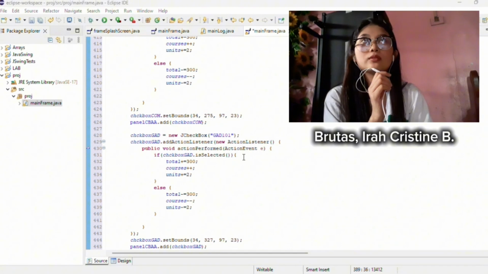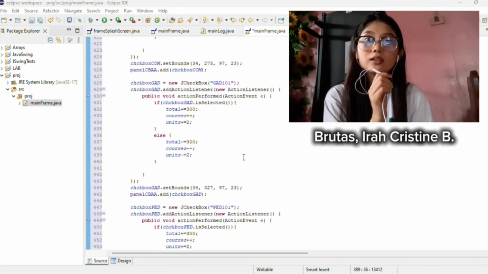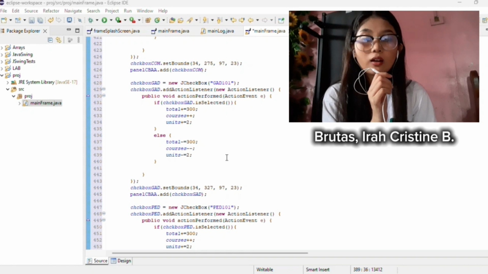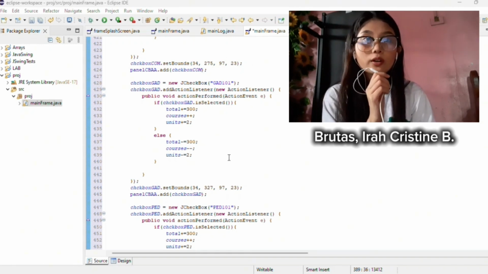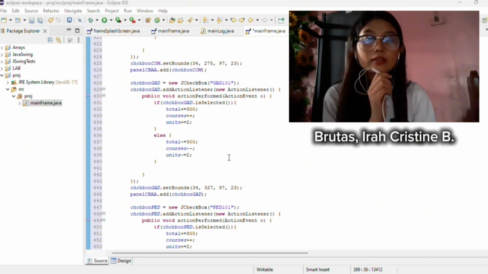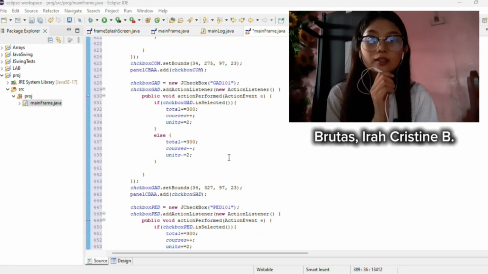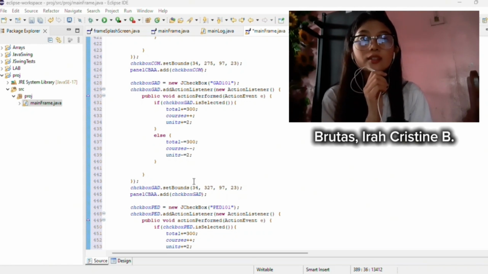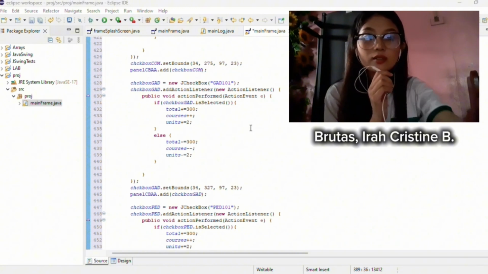For example, selecting a checkbox increases the total by the cost, 300, increments the number of subjects, and also increments the units by 2, and deselecting a checkbox reverses these changes.